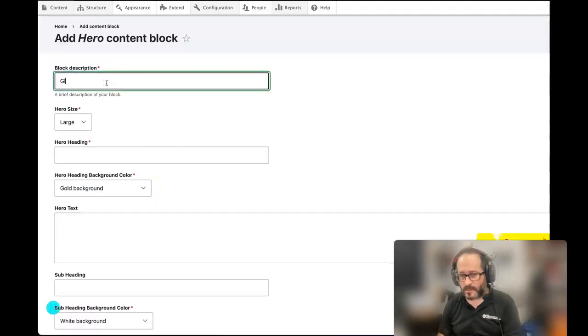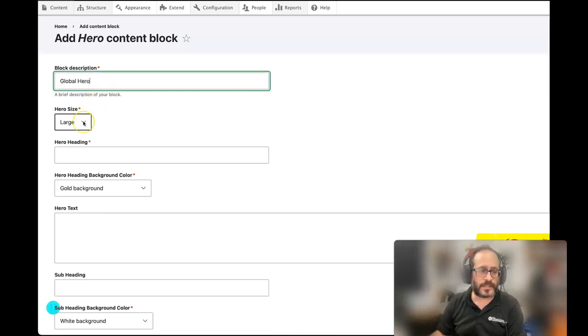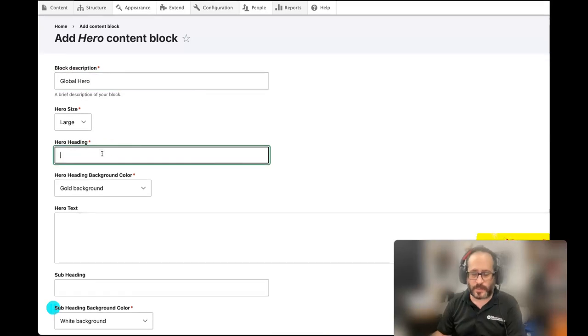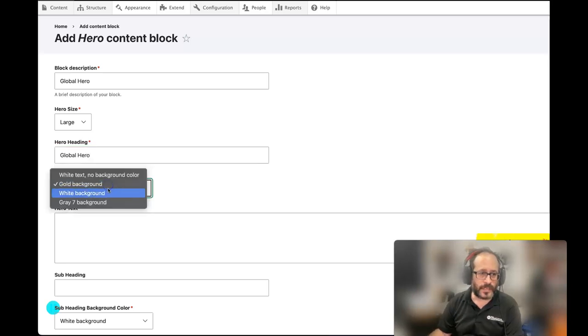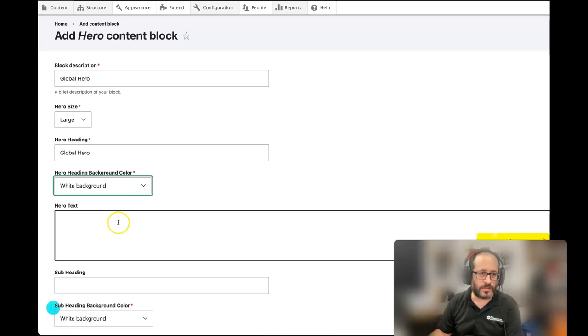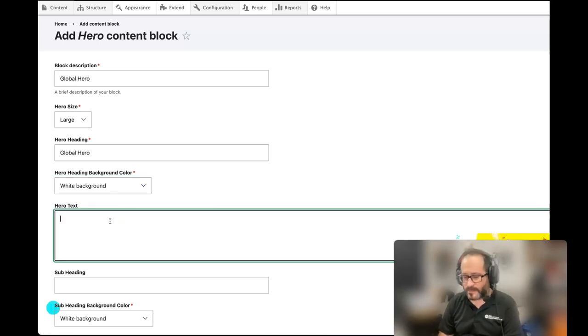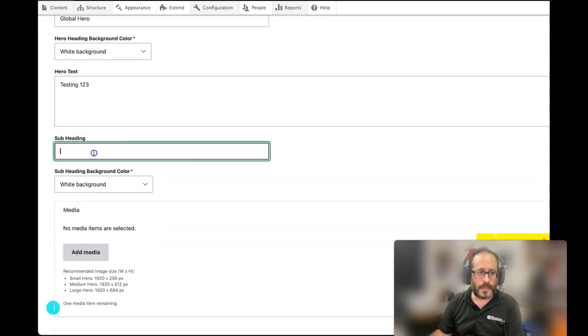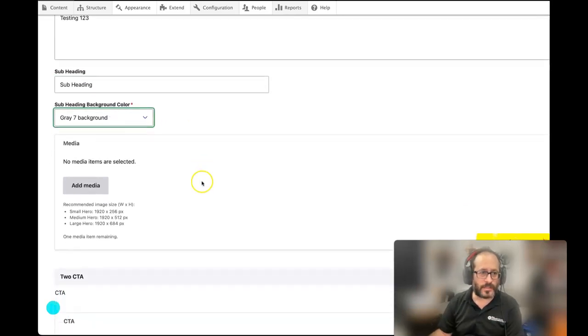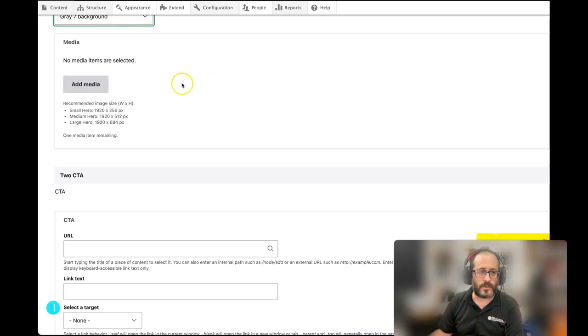I'm going to call this Global Hero. It's just a description of it. It's going to be a large size. Let's put the heading as Global Hero, and we can choose white background with the text of testing 1, 2, 3, and we can put a subheading in there which maybe has a gray background, sure, and then we want to add our media for the hero